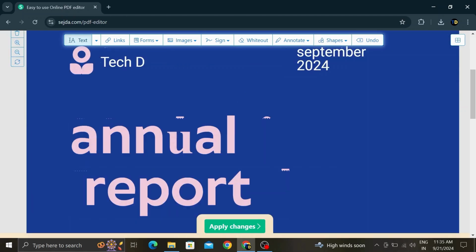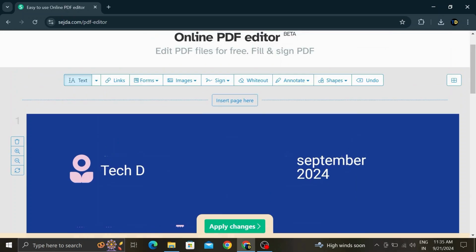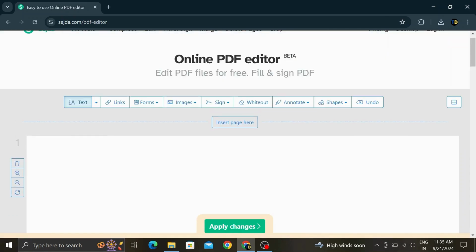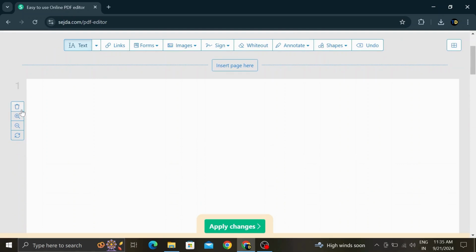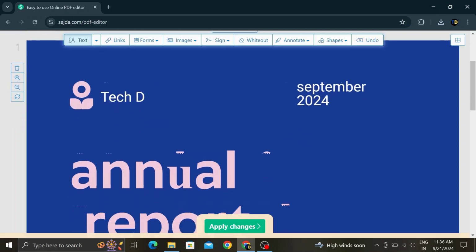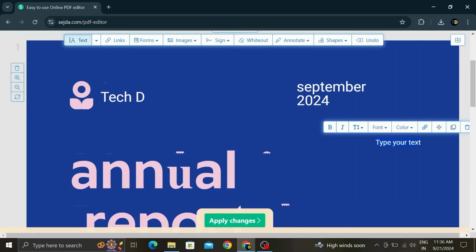You can also insert a new blank page by click here and you can also delete the page by click here. You can add text by clicking wherever you want, like this. You see,